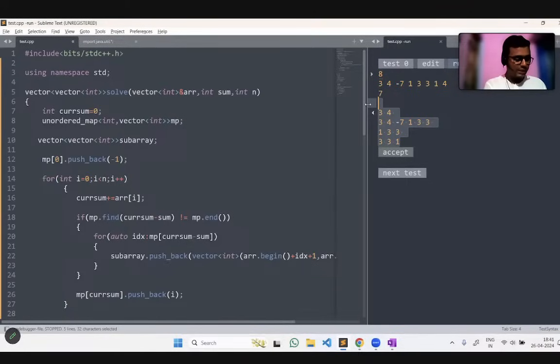Any other input you want, you can code it yourself and see the other output also. You will get the correct outputs and everything because the logic is correct, okay? Now, when this is over, yes, I will show the Java code.